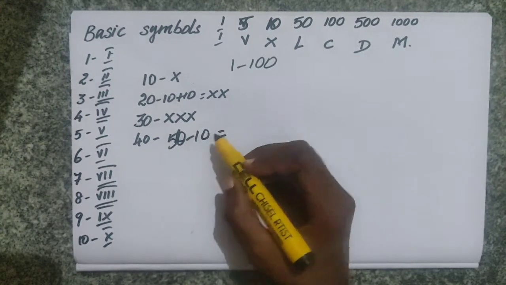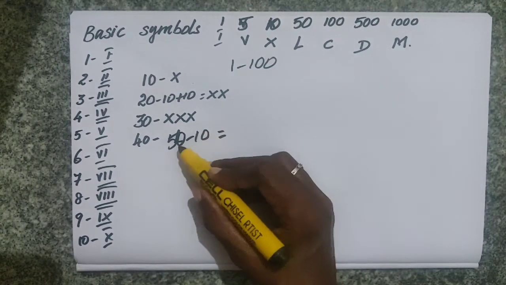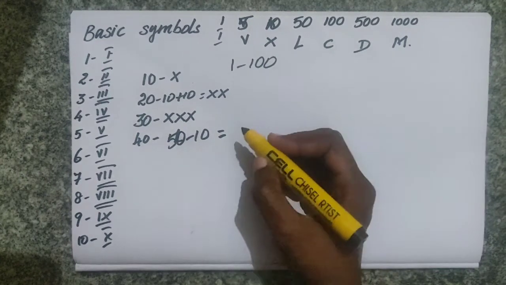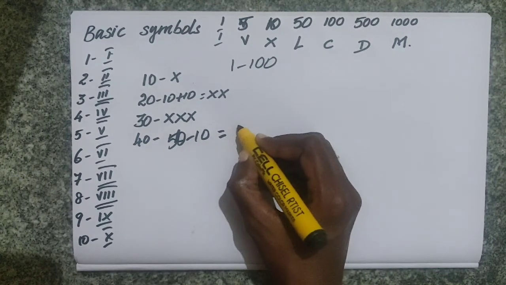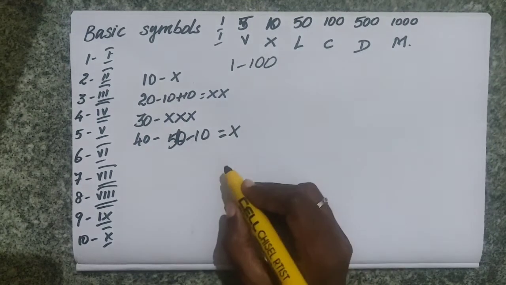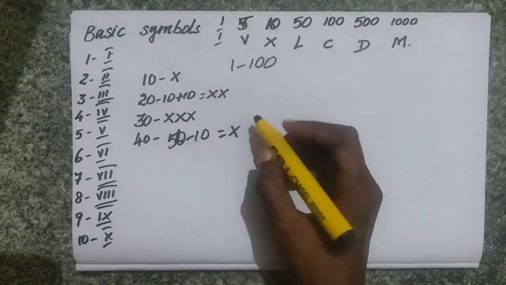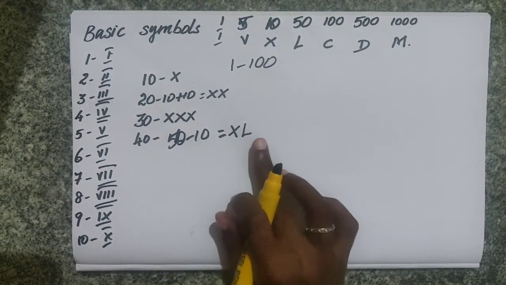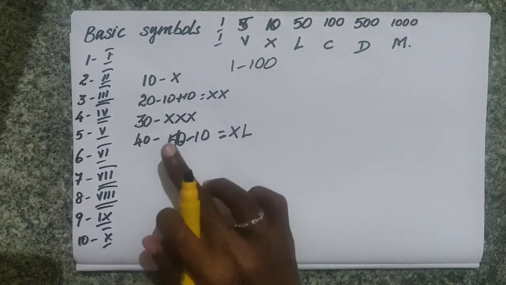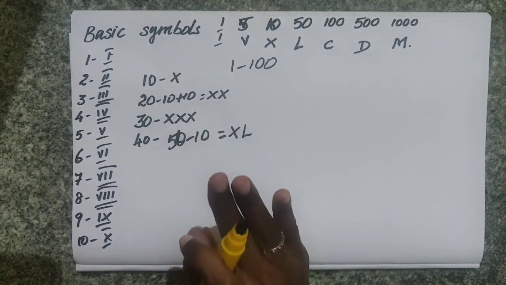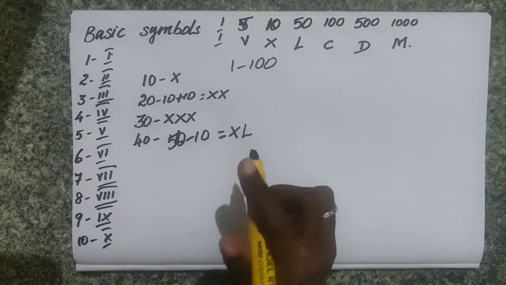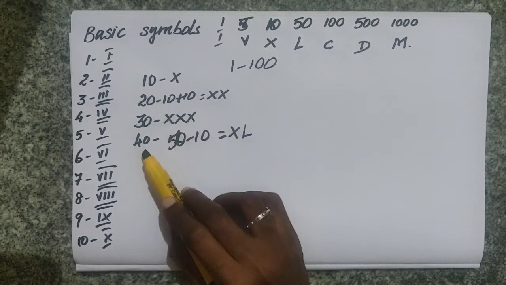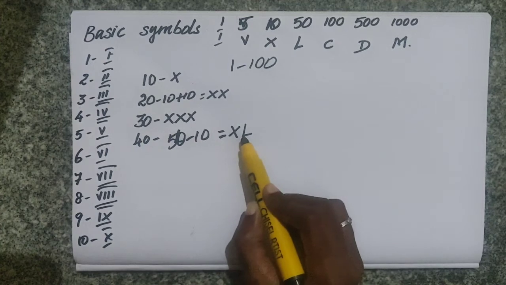So when you minus, this 10 is the smaller one and 50 is the bigger one. So the smaller numeral must be on the left side. For 10, the Roman numeral is X, and for 50 the Roman numeral is L. So for 40 we write it XL. We will not repeat 4 times 10. According to the rules we can repeat only 3 times. So with 30 the repetition stops. So for 40 you have to go for the subtraction rule.